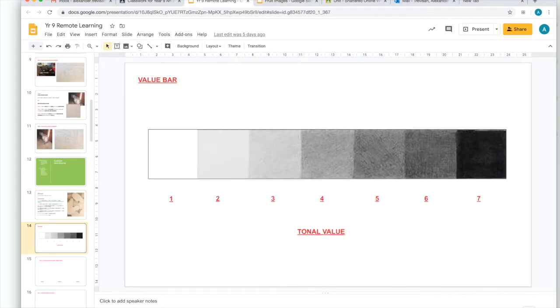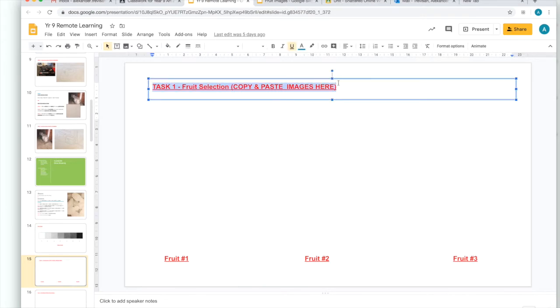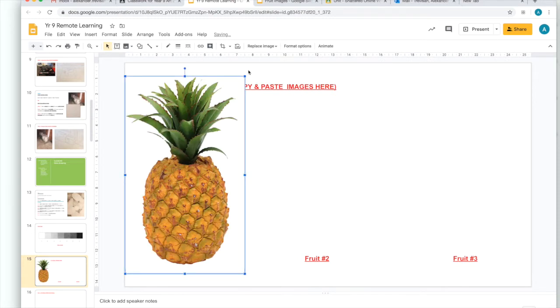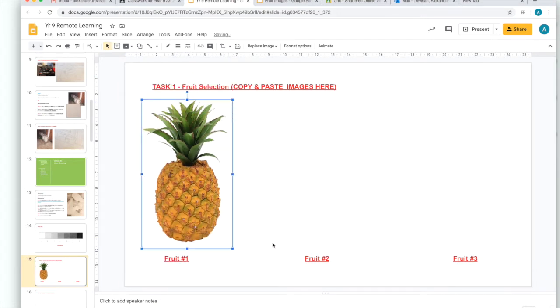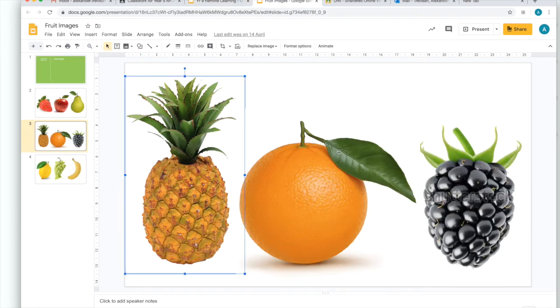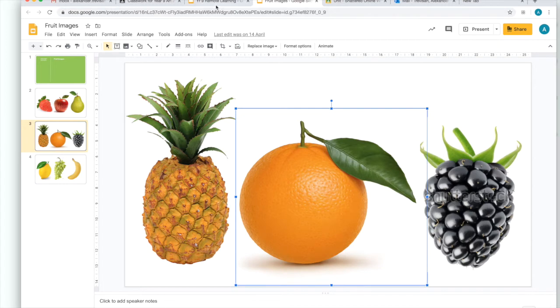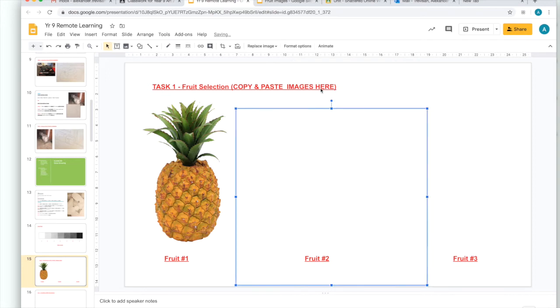We're going to go down 2 slides. As you can see at the top here, task 1, fruit selection. Here, we're just going to paste the piece of fruit we've chosen, resize so it fits nicely. I'm going to go back, select my other 2 pieces. I'm going to pick an orange, copy image, or you can just do Command C, same thing. Right click, paste image,